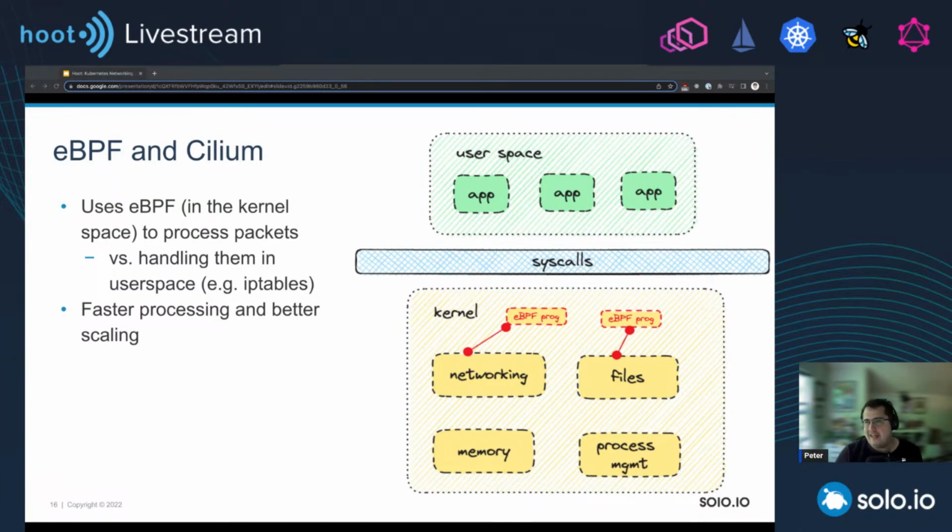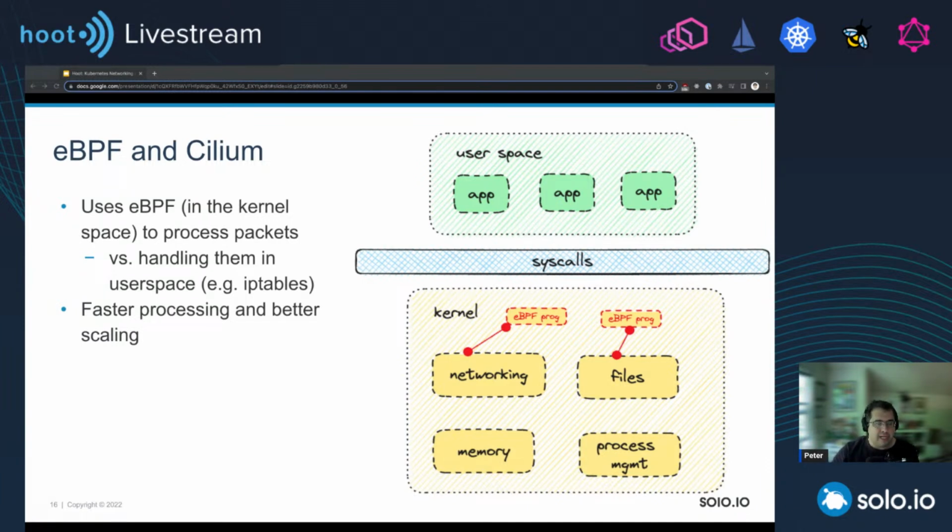Before we talk about that, I have to mention eBPF briefly. If you remember the initial definition that I showed in the first slide, I mentioned that Cilium uses eBPF, right, to provide secure and observable network connectivity between workloads. So basically what eBPF allows us to do is run sandboxed programs in the Linux kernel without going back and forth between the kernel space and the user space, which is what iptables do.